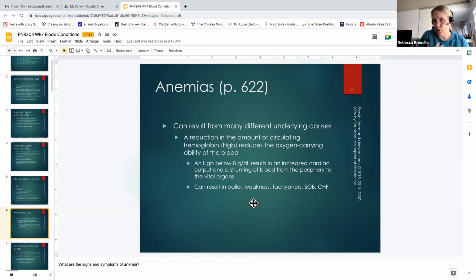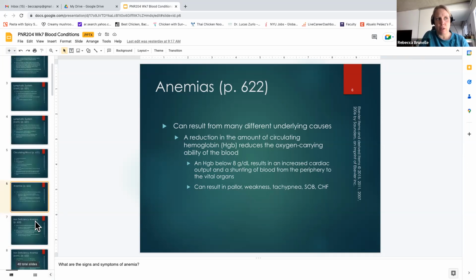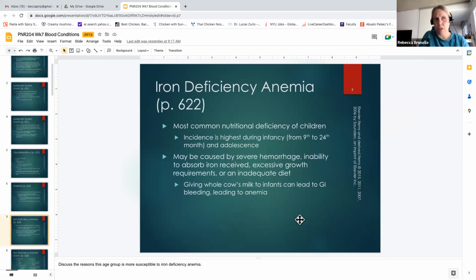Your heart is a huge consumer of oxygen, and also your target tissue throughout your entire body needs oxygen. So if you don't have enough oxygen carrying capacity, your heart has to work harder to pump blood to your body, because it's going to send a higher cardiac output, more blood to your target tissue to compensate for the fact that the blood that is there doesn't have enough oxygen. So your heart works harder in order to get adequate oxygen to your target tissue when you have anemia. And that can ultimately lead to congestive heart failure.